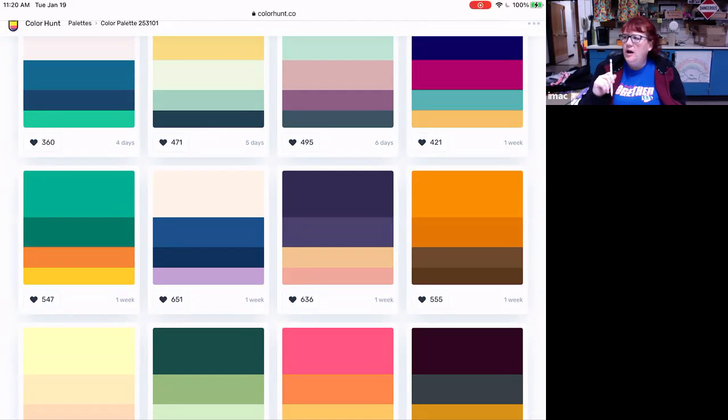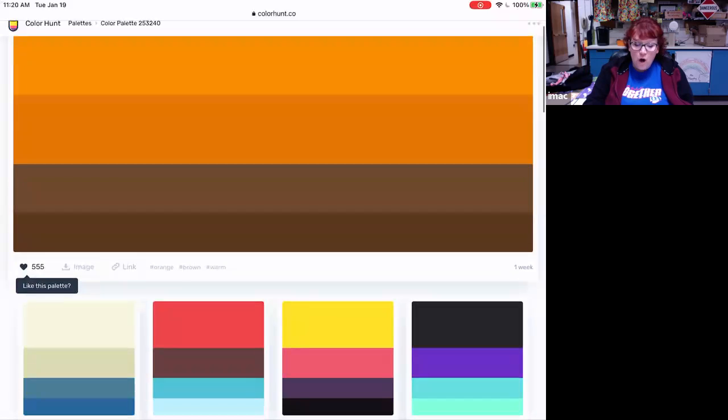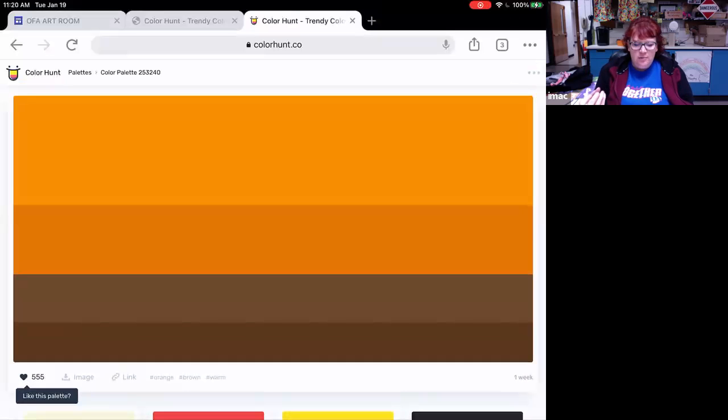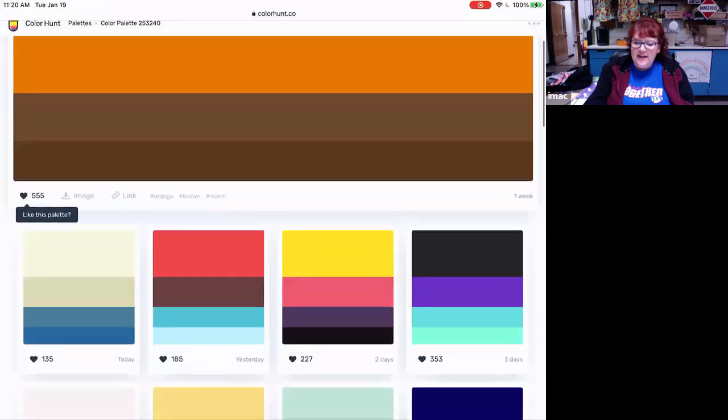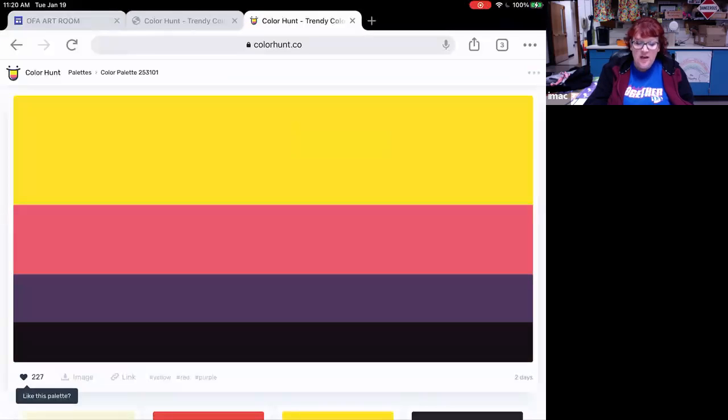Or what if you had an assignment, or if you were even a designer and you wanted to make a poster or a little logo for a coffee shop? Well, look at this one over here. This has got all these beautiful warm shades, it even says that in the hashtag there, like orange and brown that would maybe call to mind coffee flavors and stuff like that. So you could find analogous combinations, but you could also find this one, which is definitely complements,